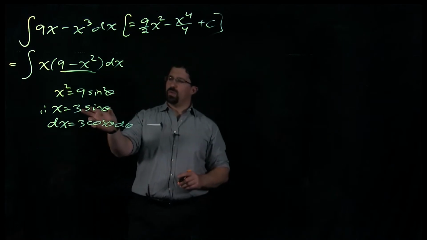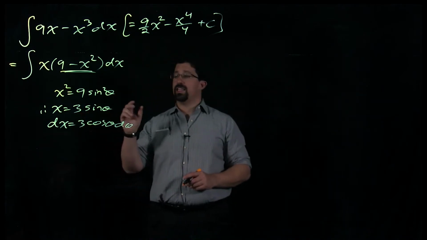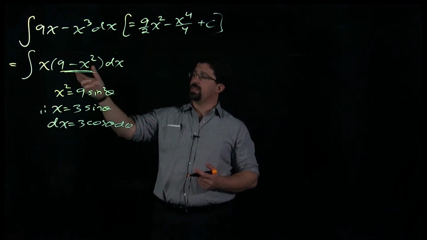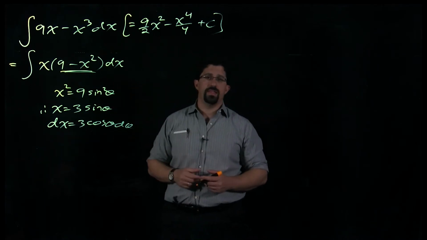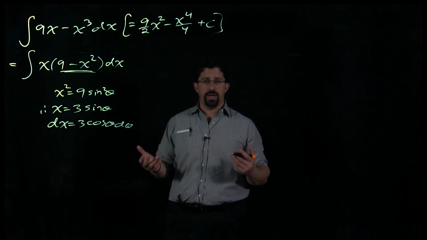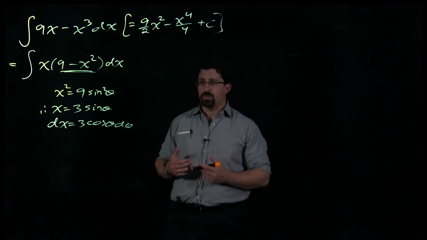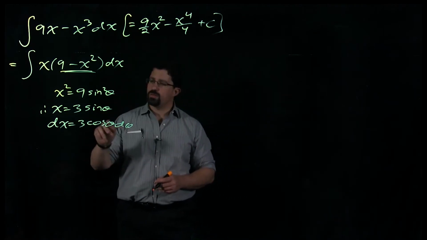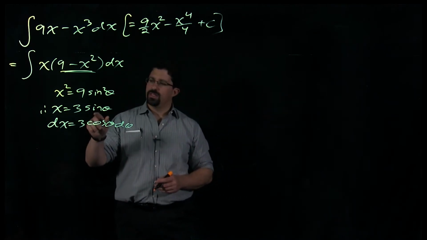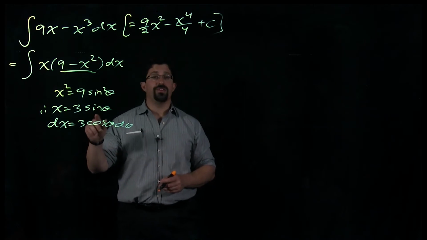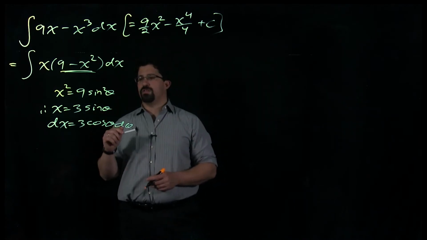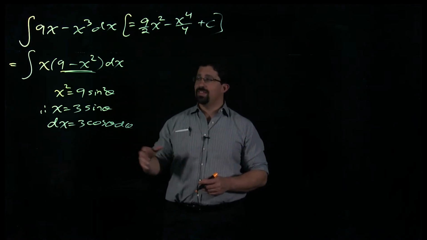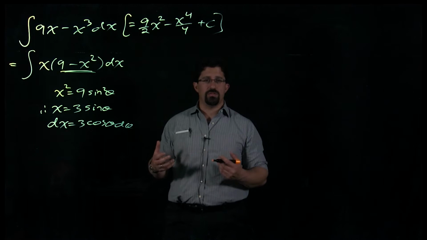Some of you might be thinking, why are we taking 3 sine theta rather than 3 cos theta? That'll work just as well, right? If you had 9 minus 9 cos squared theta, you still are able to turn it into a single term, into a monomial. The advantage of sine over cosine is that the differential of sine is cosine, while the differential of cosine is negative sine. So this allows me to avoid introducing a minus sign